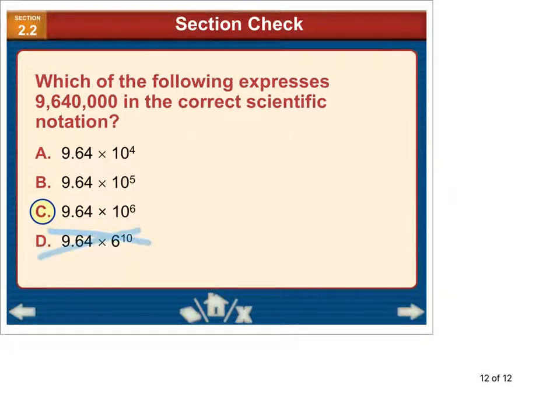This one's the one that you should notice is obviously wrong. It's 6 to something. It's always got to be 10 to something. This is a common mistake here on A because there are 4 zeros. We put a 4, but it's 6 decimal places, which is why it's the 6, not a 5, not a 4. So, just a quick overview of this lesson, adding anything else in your notes you want to have